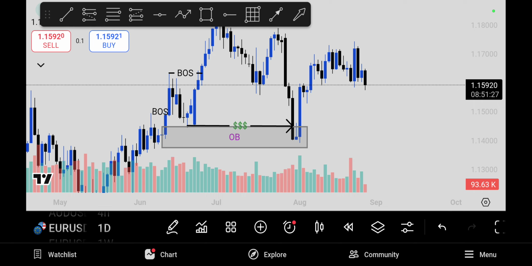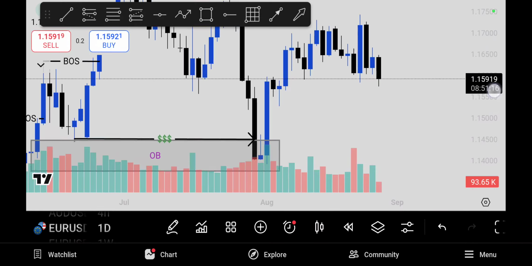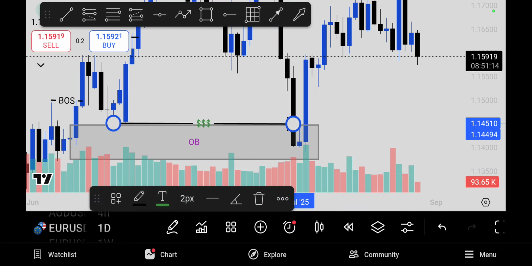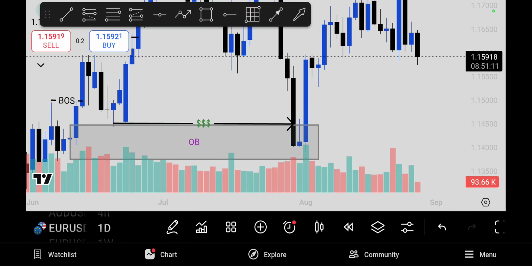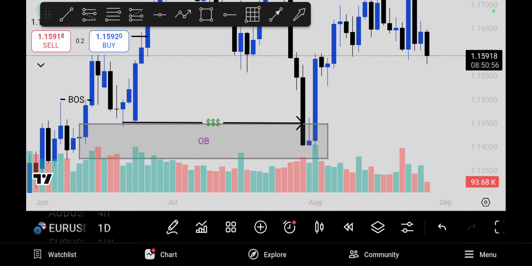In the last video we said that order blocks are what attract the price back, like a husband back to the wife. As you can see in this particular trade, this order block has been mitigated. It has been touched recently, I think last week or the last two weeks. So this order block is not valid again, but I'm just using it to explain what an order block really does. And as you can see, this liquidity,